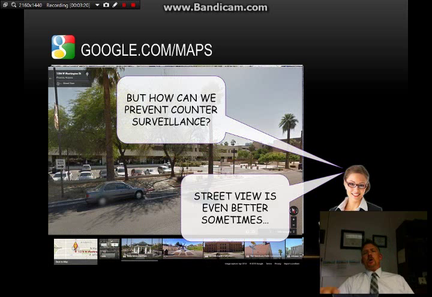But one of the biggest tools that we use in Google is Google Maps. We'll use it for kind of a pre-surveillance operation. If we want to know where somebody lives and we want to get a feel for the lay of the land, we can go to Google Maps, we can go to Street View, and we can kind of see the front of their house where they live, assuming that the Google car has driven by.